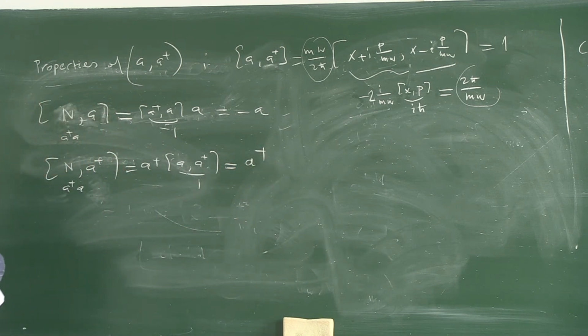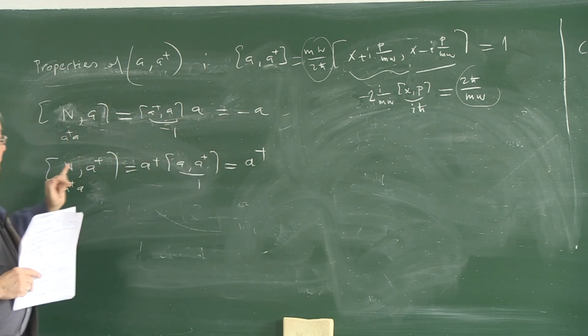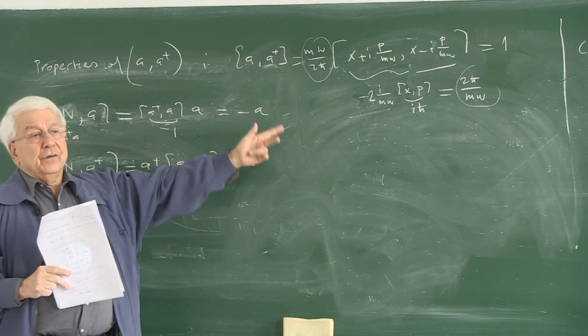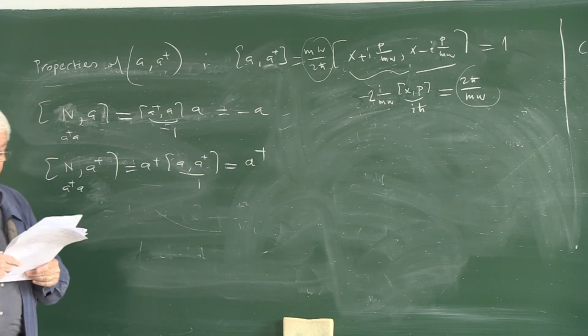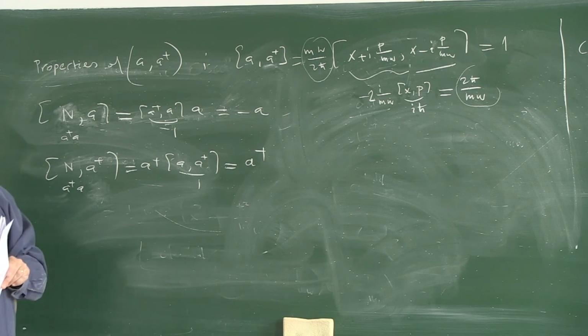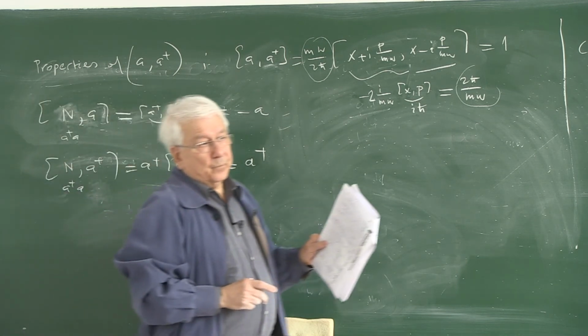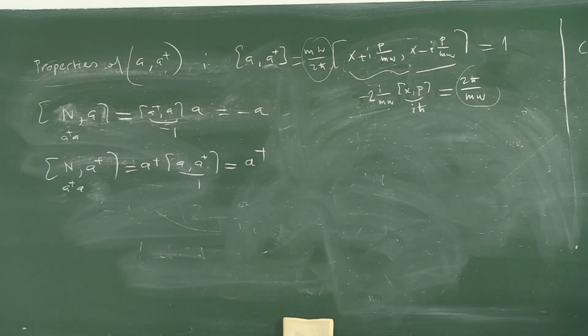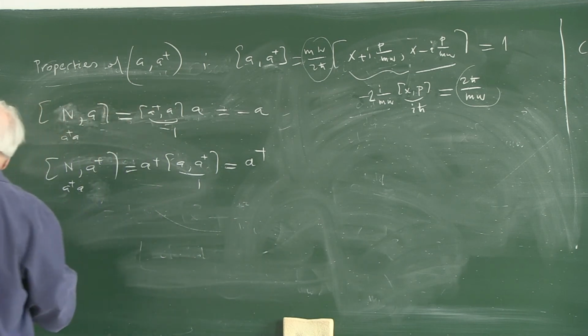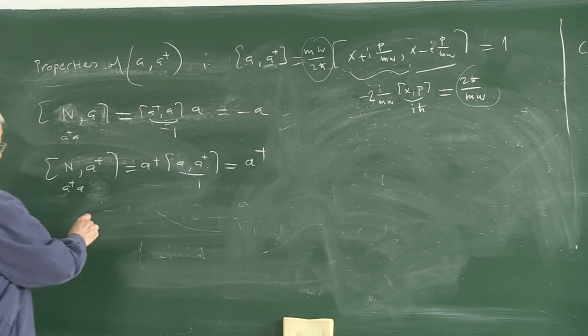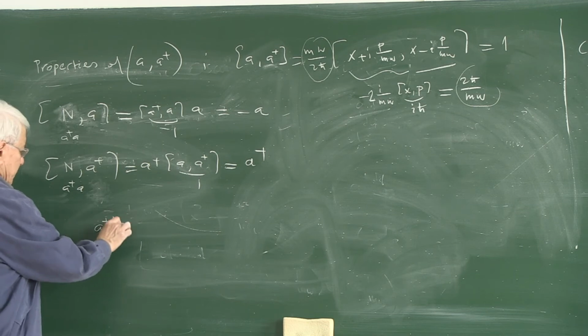So these are important quantum commutators. N with a gives you minus a, n with a dagger gives you plus a dagger. So it eventually will be very useful for the ultimate demonstration that a and a dagger are ladder operators in the n spectrum. It is these commutation relations which will lead us to that result. Let's start considering the following. If I now consider this particular state,